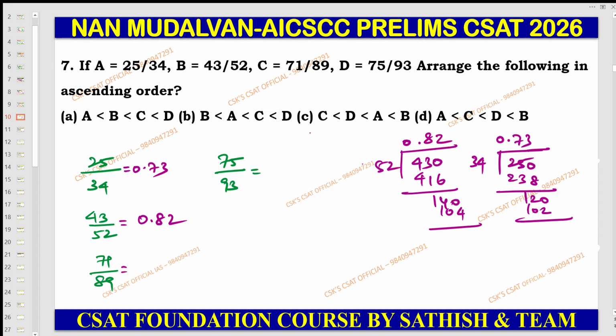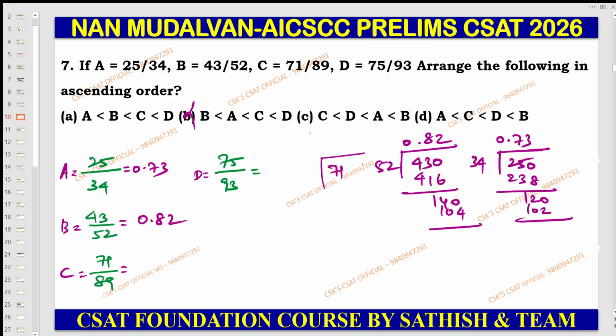Right. So now this is A, this is B, this is C, this is D. If you see this one, easily you can see A is lesser than B. Which option contains A is lesser than B? Eliminate this one. Yes, here also A is lesser than B. Here also A is lesser than B. So therefore only one option we can eliminate. Right. So now we have to check here. So next,